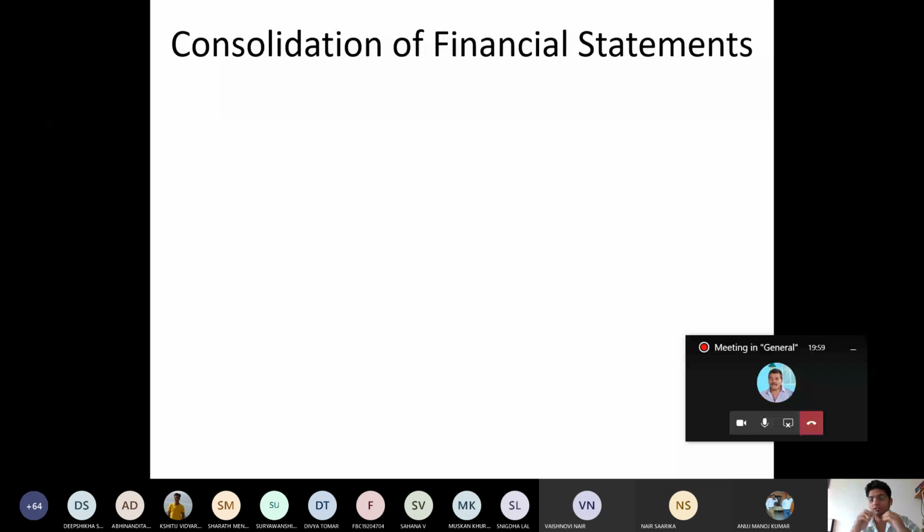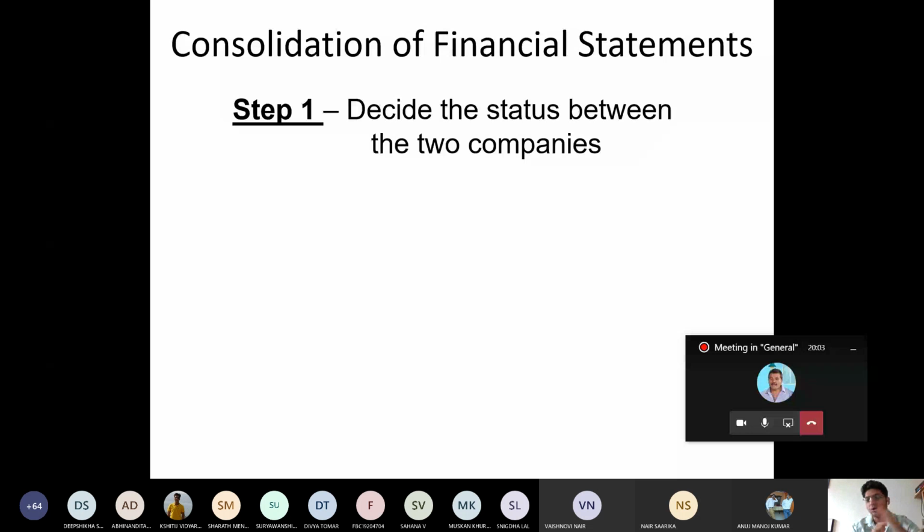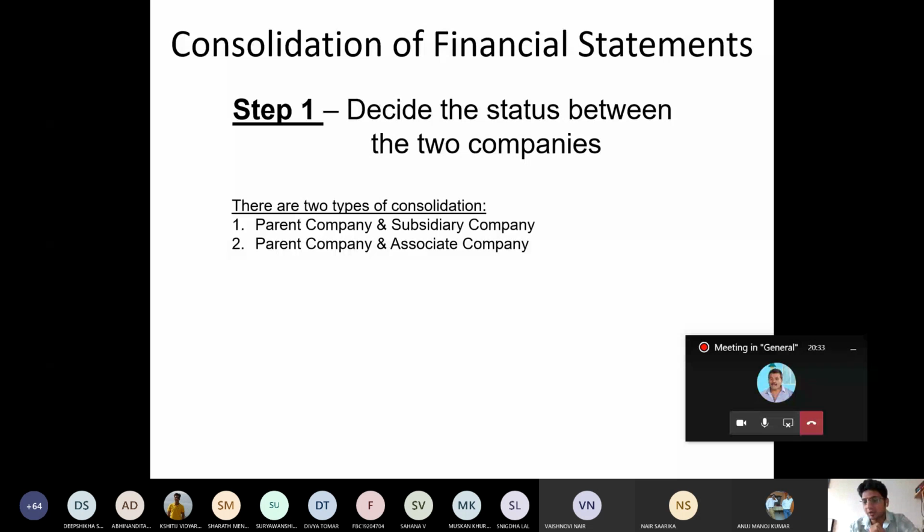Let us say there are 4 companies. One is a parent company and it is making investment in all the other companies. There's one main company, ultimate parent company, and it is going to make investment in all other companies. So there can be 2 relations: one can be a parent company and subsidiary company relationship, and one can be parent company and associate company